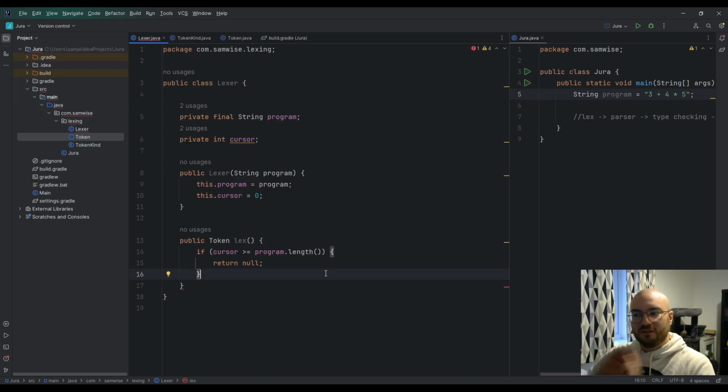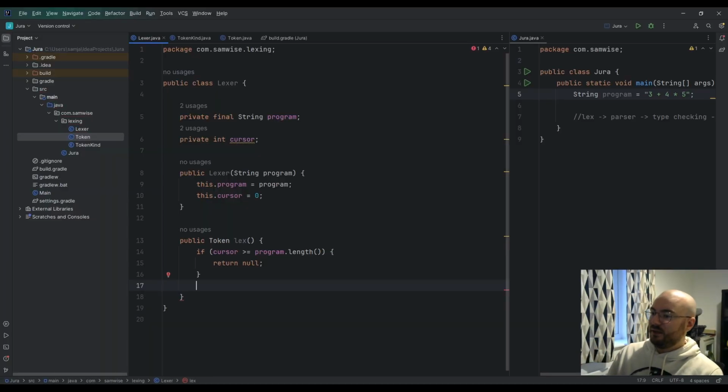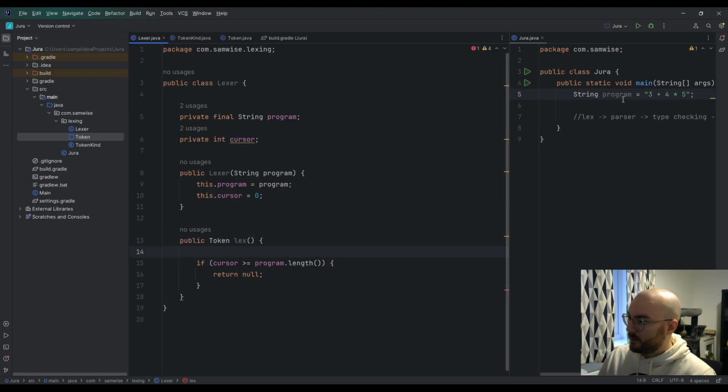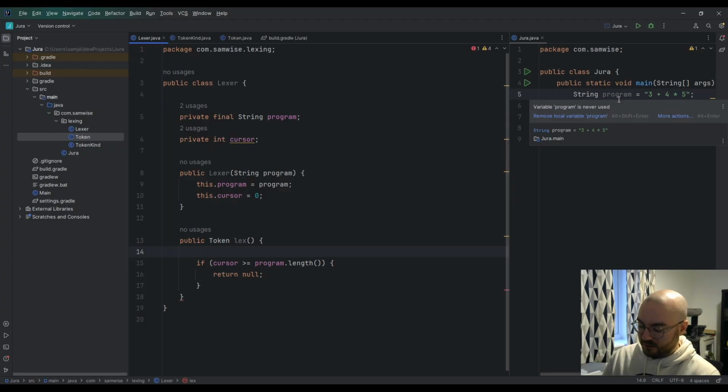Anyway, so a long tangent to say that null means we're at the end, or there is no token to be parsed. Stop lexing. The next thing is, actually the very first thing we need to do is to say,